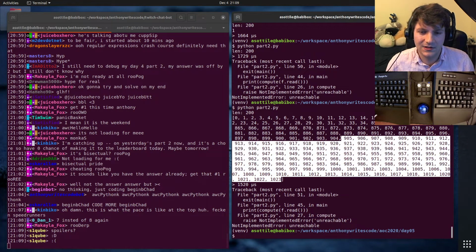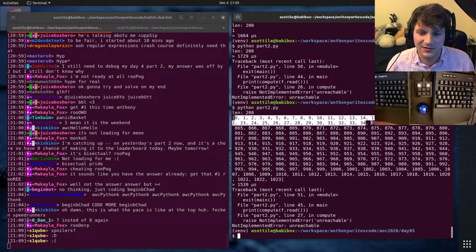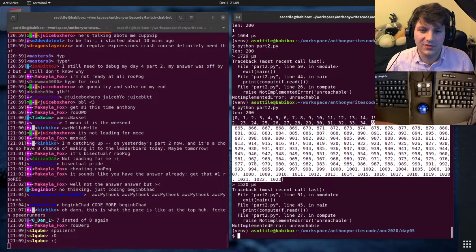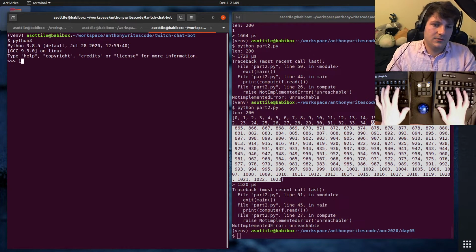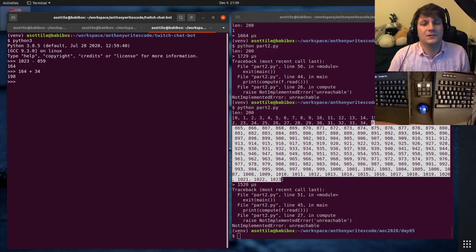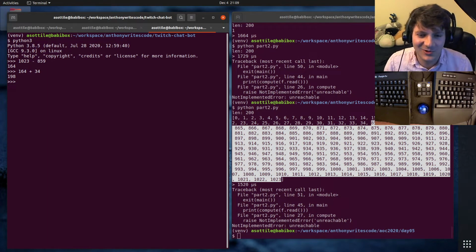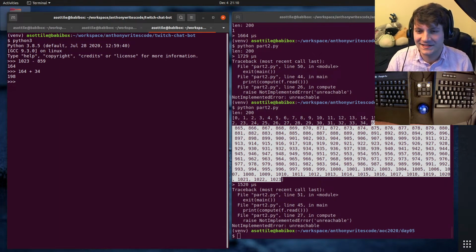So these look at the back of the plane. But looking at these, it looks like all of the numbers are filled in. So there's 200 numbers. We have 34 here, and we have, I don't know how many here. 123 minus 859. 164. 164 plus 34. Wait, what? Doesn't add up. Where's the missing one? I'm now staring at this list, which doesn't seem great.